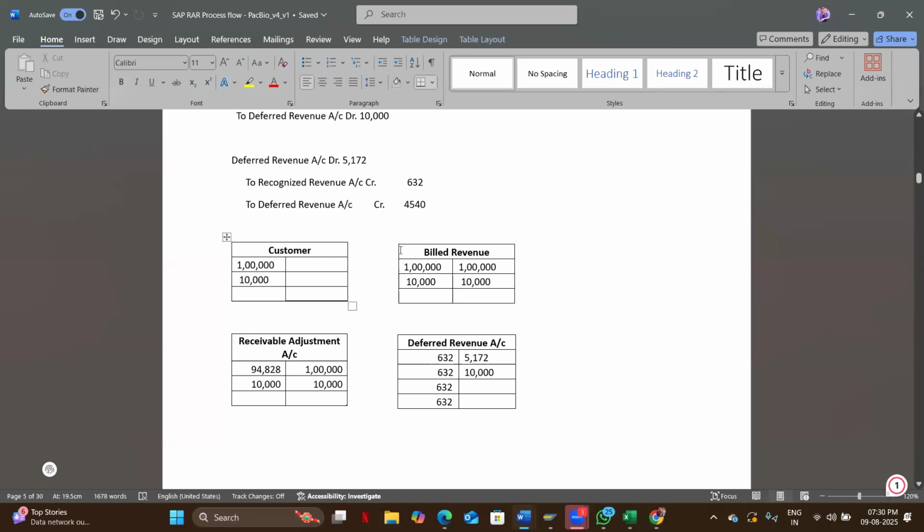Same thing, customer account here, billed revenue, which is what we receive as the bill, so both are equal. Now the receivable adjustment account, the RA account. So in the RA account you can see